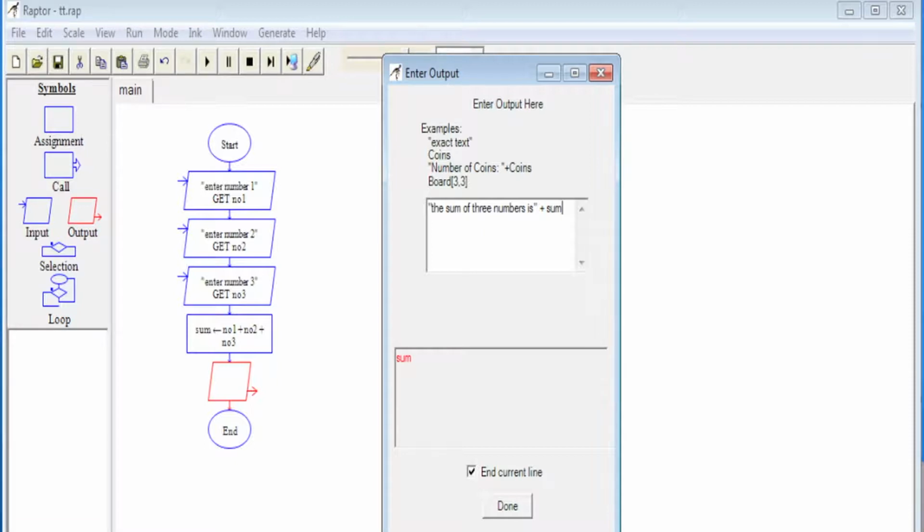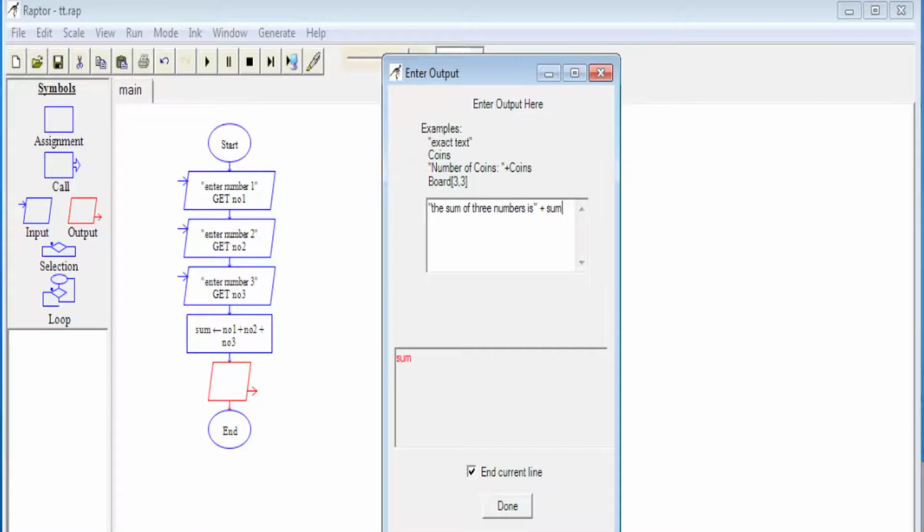After completing the calculation, we have to display the result. So, to do so, now insert the output symbol and double click on it. This will open an output dialog box. This dialog box has only one entry to be filled in, that is the result to be displayed.